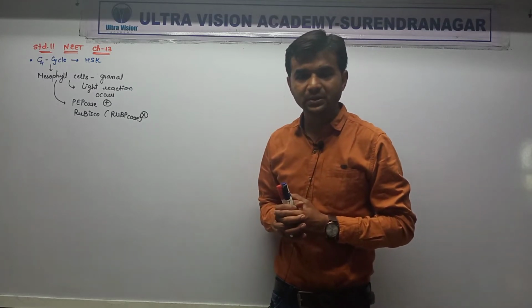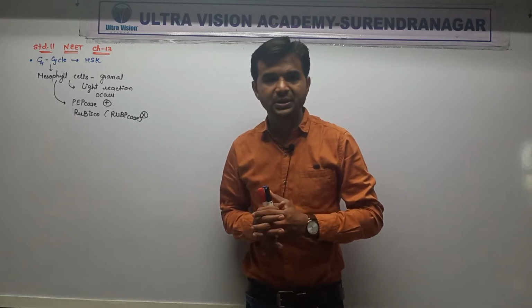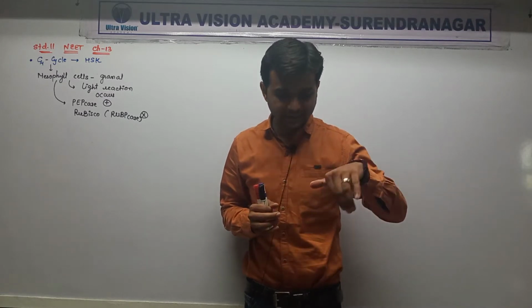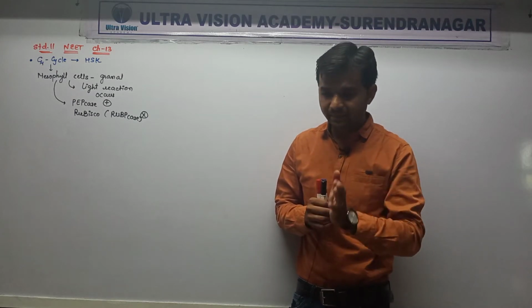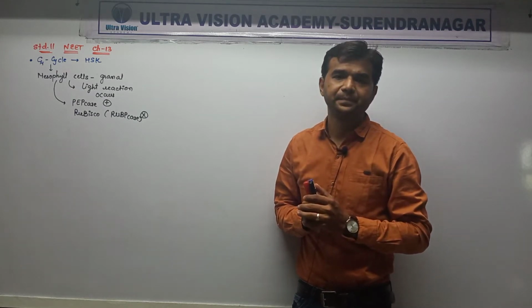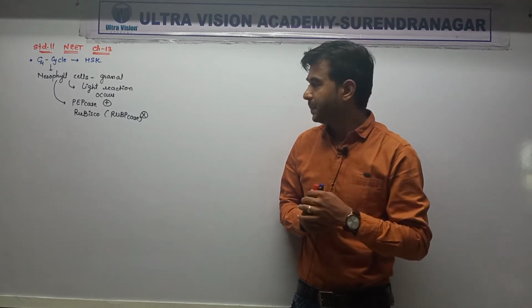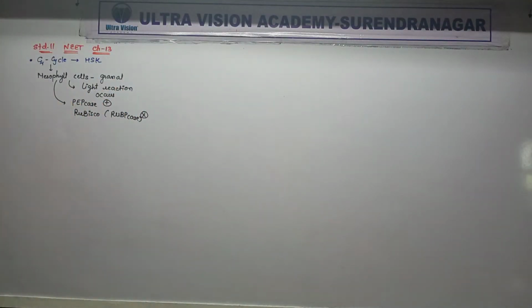Afterwards, malic acid moves from the mesophyll cell to the bundle sheath cell. In the bundle sheath cell, malic acid is converted back into pyruvic acid. At that time decarboxylation occurs, and with the help of that decarboxylation, the RuBP carboxylase works. So let me clear this. In the mesophyll cell, PEP carboxylase is present, RuBP carboxylase is absent, whereas in the bundle sheath cell,